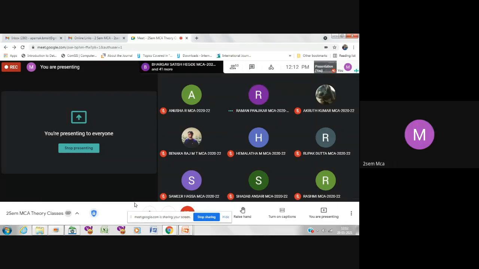Ma'am, when we wrote the schema diagram for that first program, we took borrow as a relationship. Yes, borrow is a relationship. Correct. So if we want to write the relation schema for that, we will take borrow as a... No, we have created a table for borrow, is it not? Yes, ma'am. So we can write a schema for that. We can call it a relation for which we are writing a table.